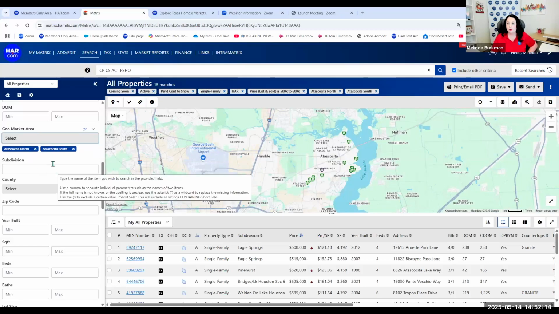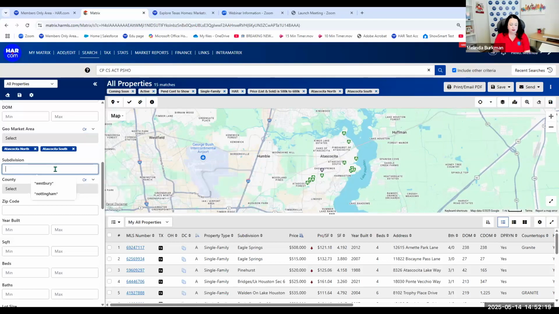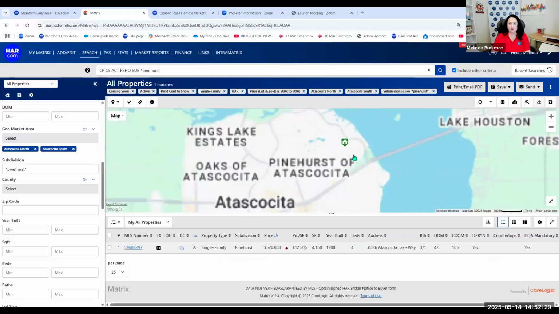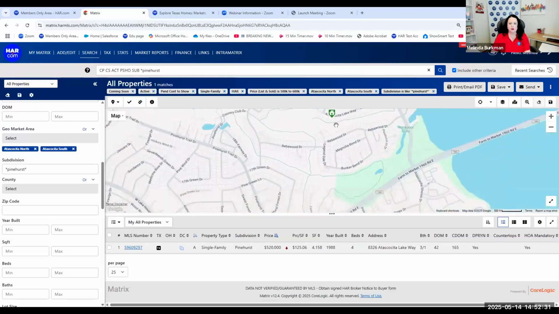And that's when you could use that wildcard. Say it's Pinehurst. Click off of it. And those listings that were in the Pinehurst neighborhood are now the only ones showing. I'm gonna get rid of that so we get our listings back.